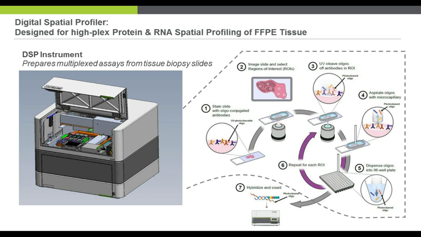This entire process, from steps 3, 4, 5, and 6, takes about 30 seconds. So then you just go back up to step number 2, select a new region of the tumor that you want to probe, and repeat. So you fill up a microtiter plate with a digital replica of the protein distribution in space on the tissue surface.